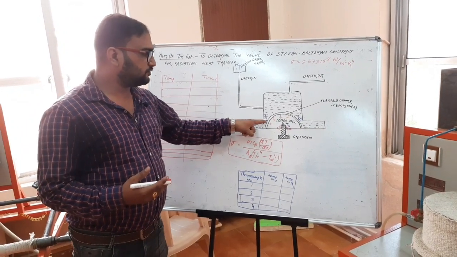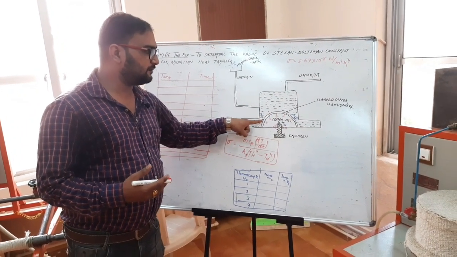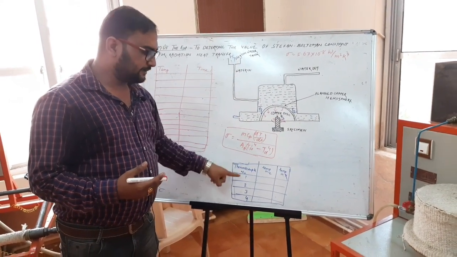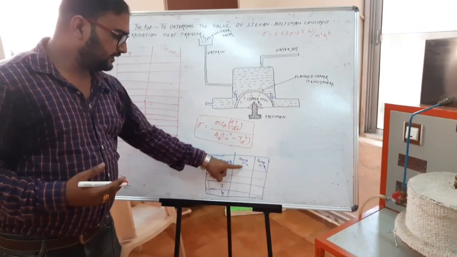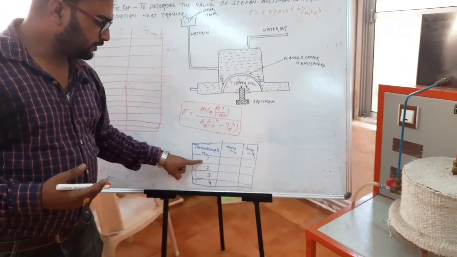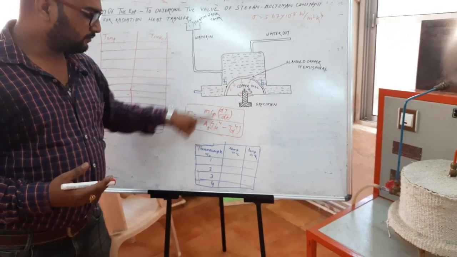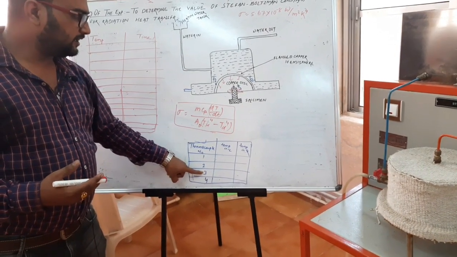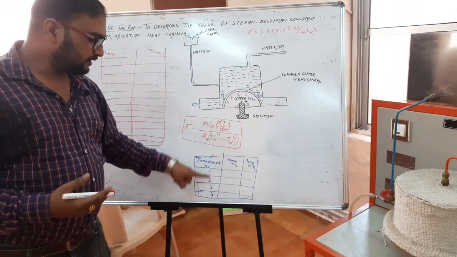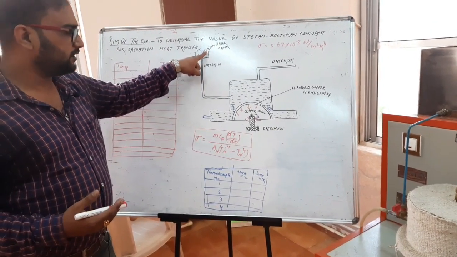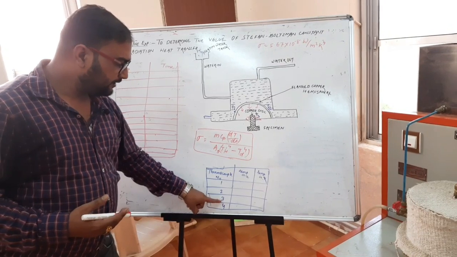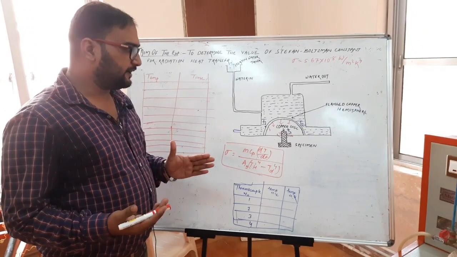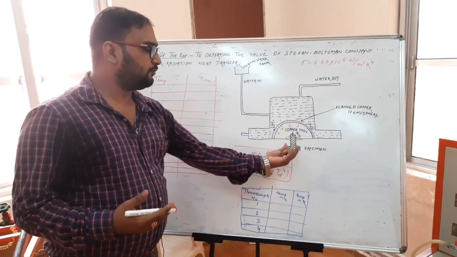Then we have to mark the T1 and T2 temperatures, and T3 as well as T4. There is a table to note them in degree Celsius and degree Kelvin. Thermocouples number 1 and 2 both give the temperature of the hemisphere. Thermocouple number 3 is the temperature of the specimen, and thermocouple number 4 is the temperature of the heating tank.